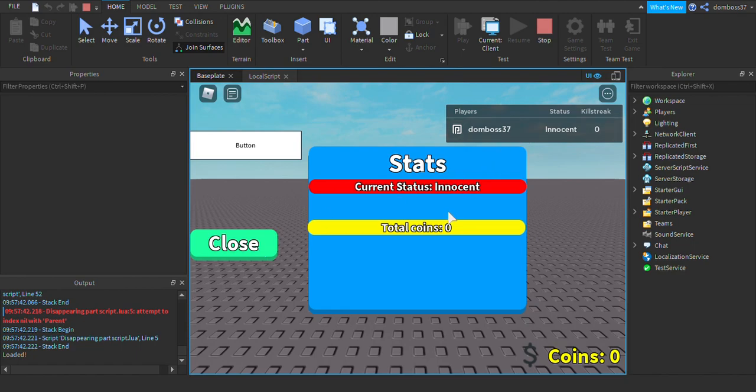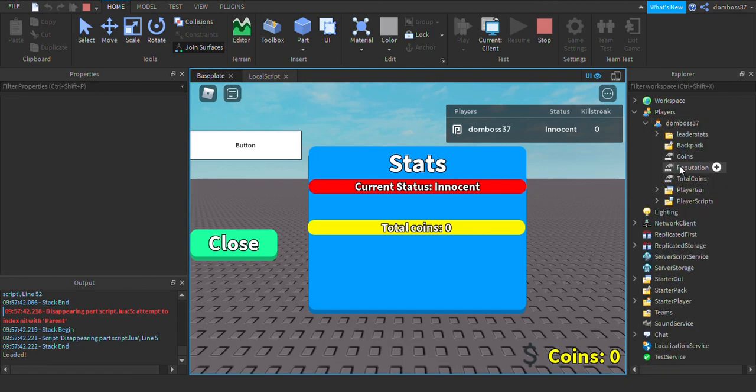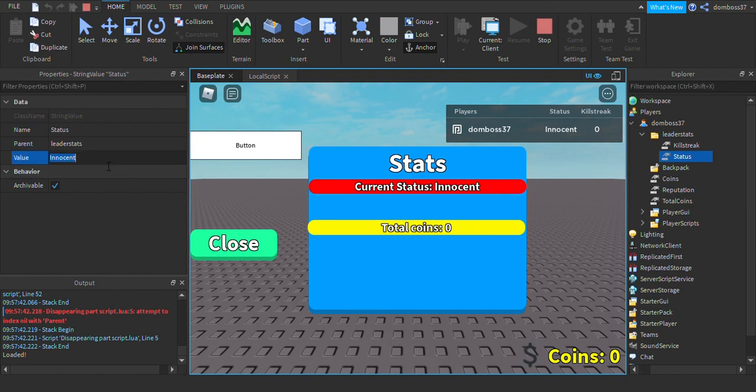Alright, so my current status is innocent, and because I have this inside my leader stats I have the status and it says innocent, but if let's say I want to change that, now I am a super villain. Current status super villain, and it changes up here too. Alright guys, so yeah,